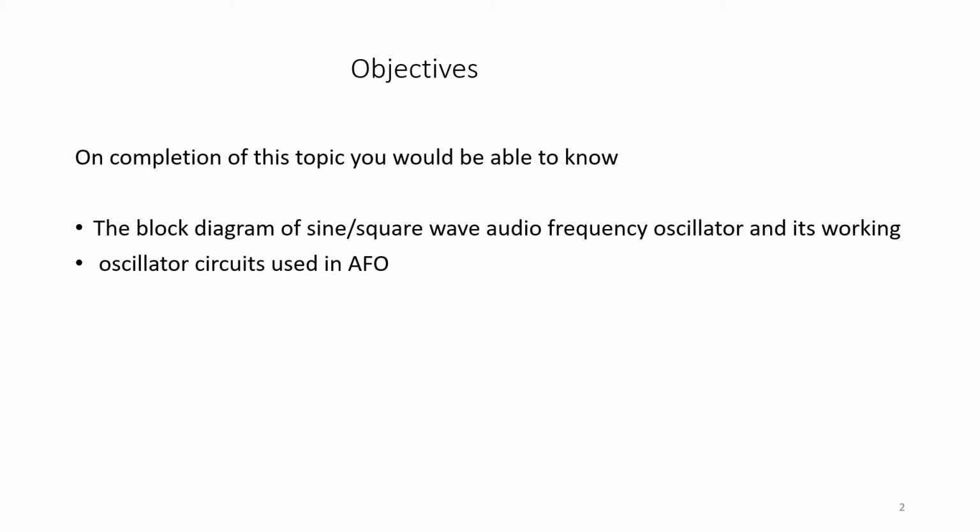So the audio frequency oscillator, as the name implies, is a type of signal generator used for audio applications to generate audio frequency signals, typically from 20 Hz to 20 kHz, often used as sine wave generators. They are often used in audio measurements of frequency response and for distortion measurements. As a result, they must have a very flat response and also very low levels of harmonic distortion.